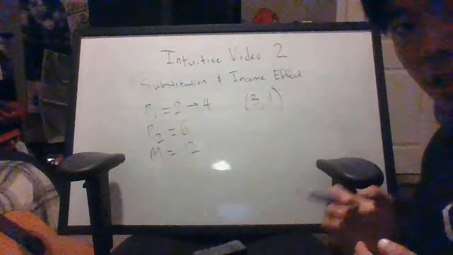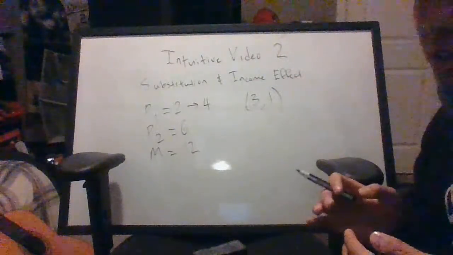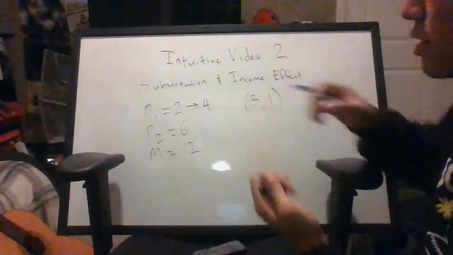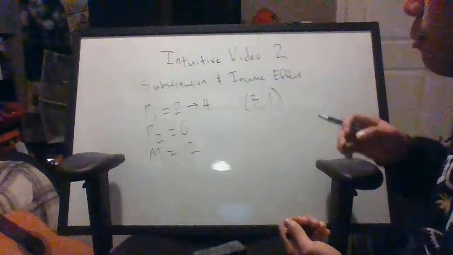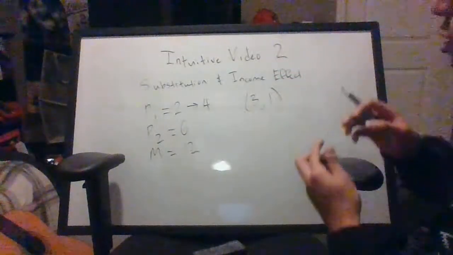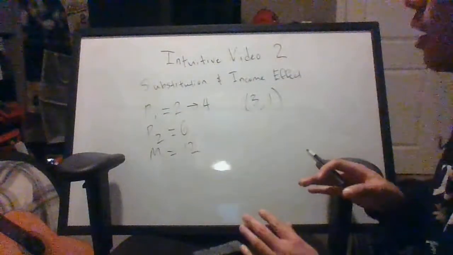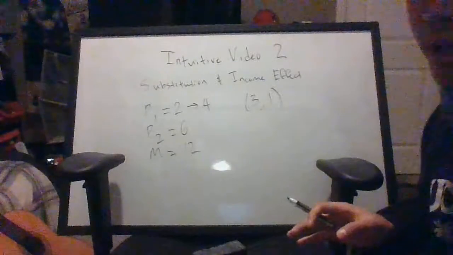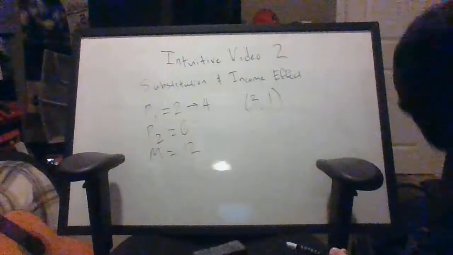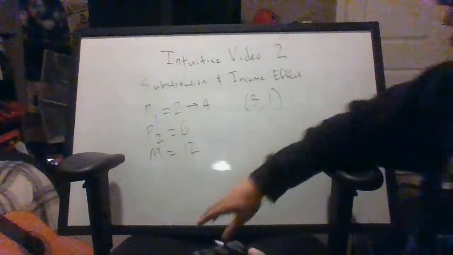So you want to be able to think about each change in price in these two different lights, right? There's the trade-off between two different goods that happened as a result of the price, but there's also the result of a change in purchasing power. And so this is what substitution and income effect tries to track, right? And so that was kind of a long-winded explanation. Let's get into how we go about solving these. Okay, so